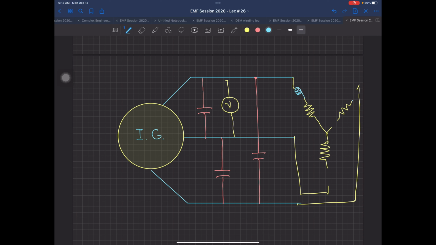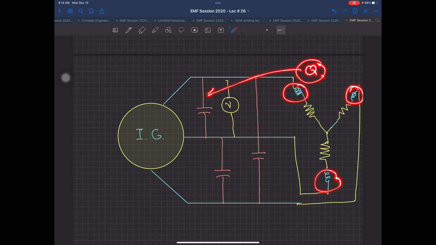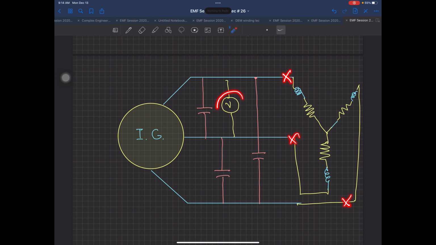So if there is an inductance, it will again also require Q, because every time there is a reactance, it also demands Q. Where will this Q come from? This Q has to come from the capacitor. So this is very, very important that you are not going to attach the load unless and until you have produced this much voltage over here. So when you have produced this much voltage, then you attach the load.